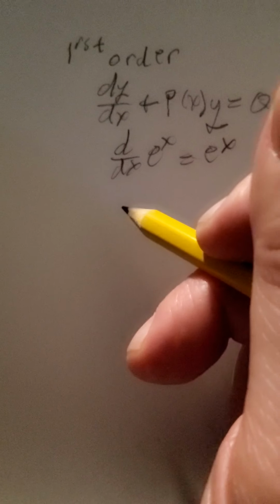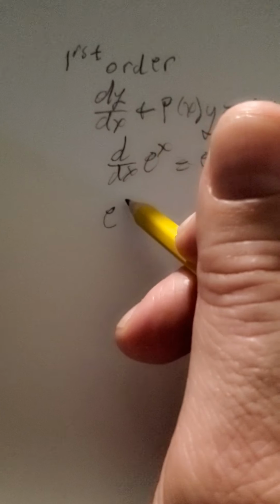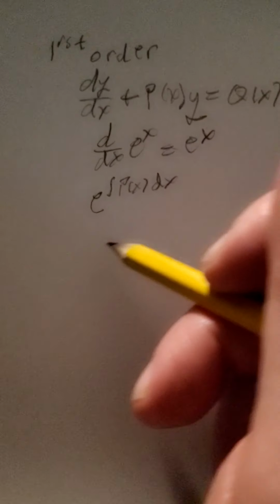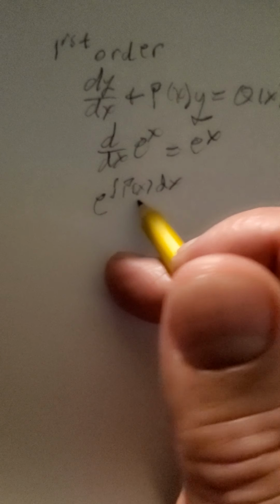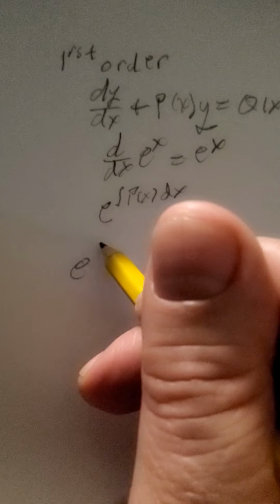Okay, so what I'm going to do is, to get this function p of x back, I'm going to integrate. So I'm going to use e to the integral of p of x dx, like that. Okay, now let's look at this. If I multiply everything by this e to the integral of p of x dx, okay, so I will have e to the integral of p of x dx multiplied by dy